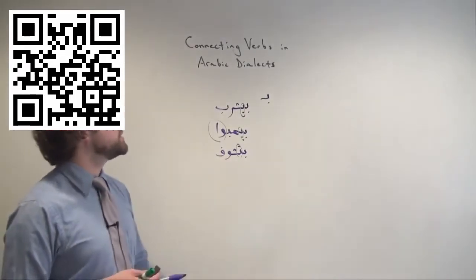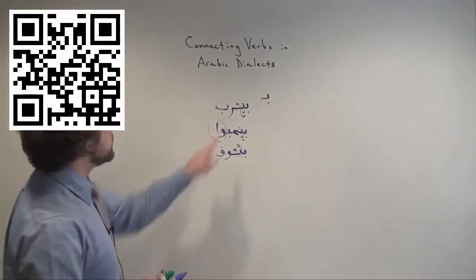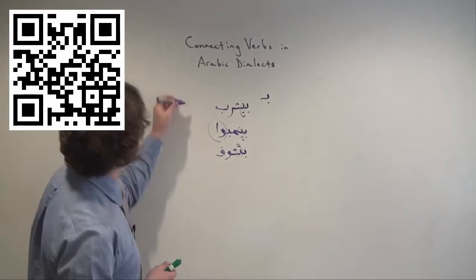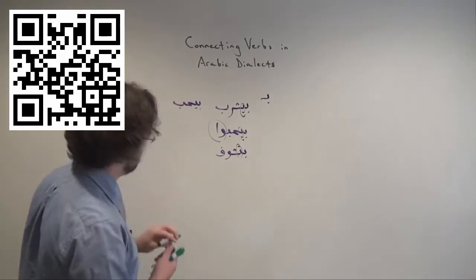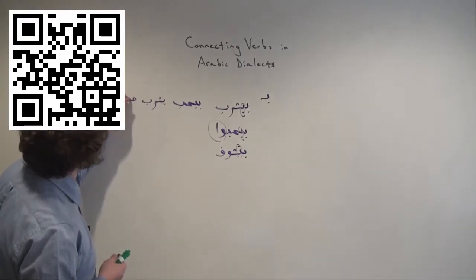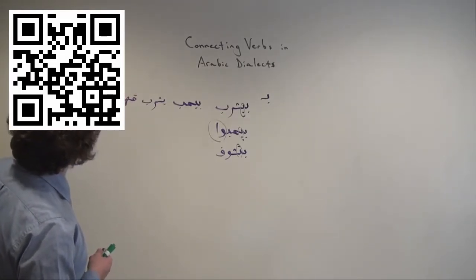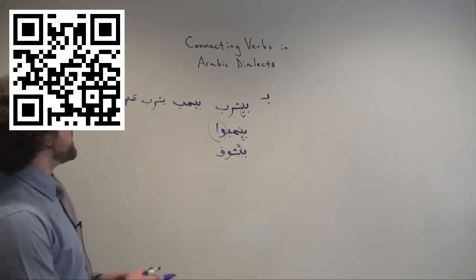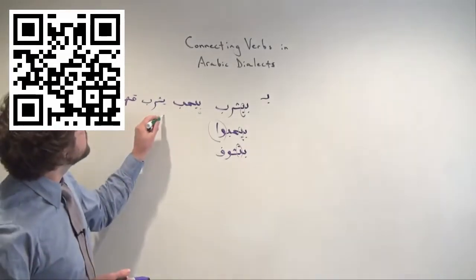So if we want to say, for example, he likes to drink coffee in the morning, we're going to use this same verb, يشرب, but we would write it probably, or say it more likely, بيحب يشرب قهوة بالصباح. So we retain that ba on the first verb of our sentence, the main verb,